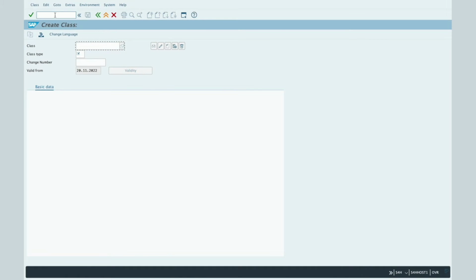You are now in the Creation Class transaction screen. Within this functionality, you will also be able, after entering the name of the class, to display it, change it, create it if it's not created in the system already, and even delete the class. The first step is to enter here the name of the class. For our example, let's write